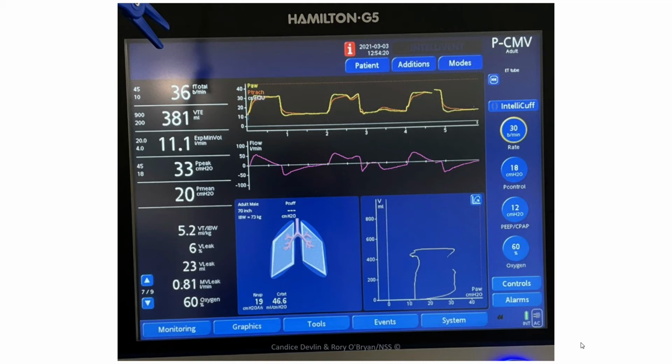Thomas, reading this vent, what might you think about this patient's underlying respiratory or pulmonary issues? This patient certainly has some trouble with CO2 elimination. Respiratory rate of 36, that's pretty high. Minute ventilation of 11, that's a little higher than it should be. Normal minute ventilation is about 5 to 6. So they've got a higher minute ventilation need,